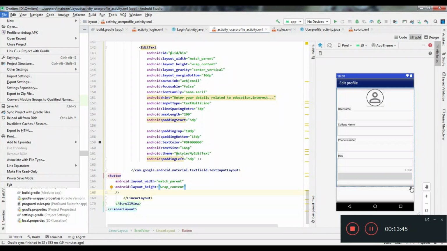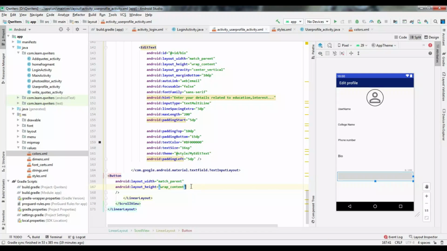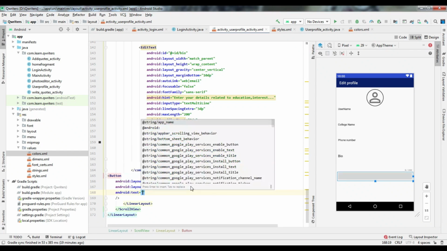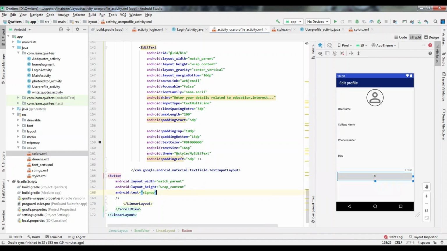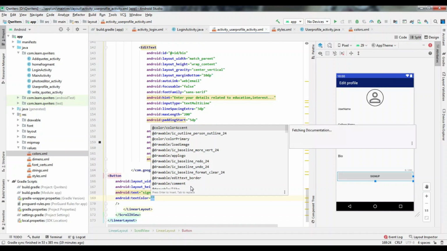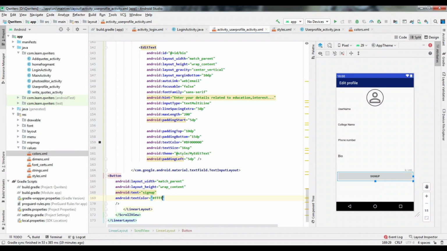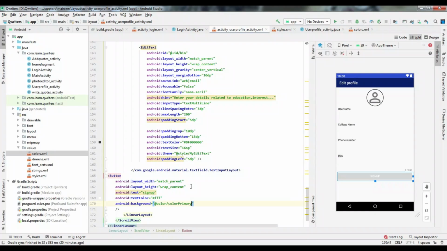Next, we'll define one button to sign up such that we can save the data to the database by clicking the button. So match parent and provide text for that button, so sign up, and text color to be white, and background color of the button as color dot primary color, and margin top 10 dp.